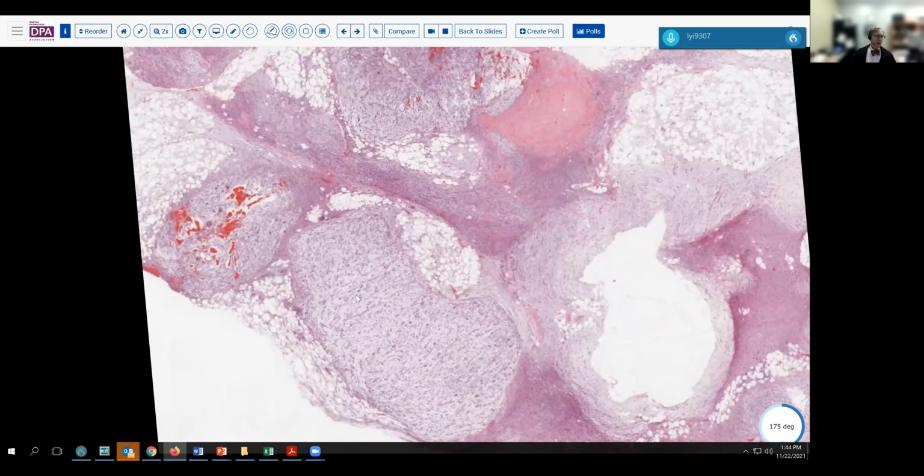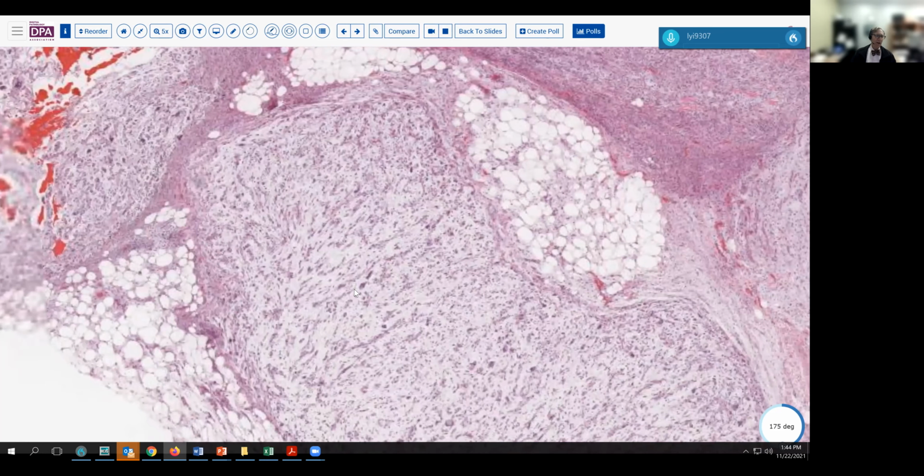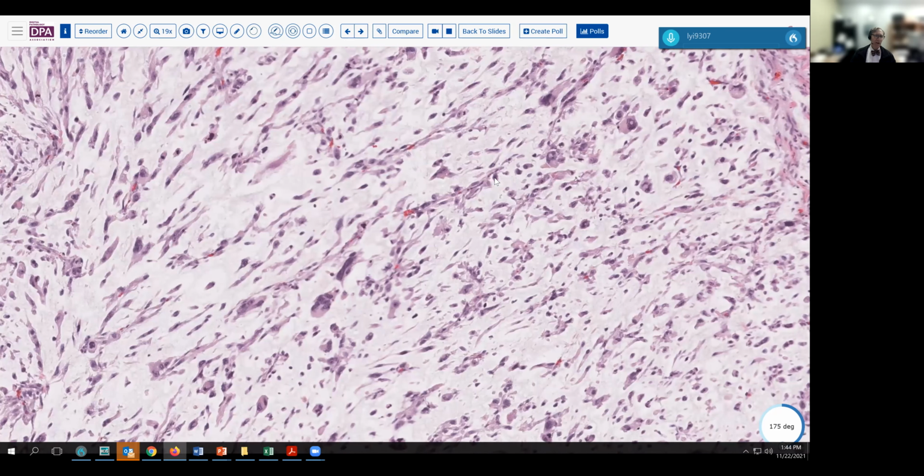So for many new people, or people who are beginning in soft tissue pathology, the two terms that can be somewhat confusing are low-grade fibromyxoid sarcoma and myxoid fibrosarcoma. A lot of similar suffixes there in the wording. So you can see from this tumor that it is very myxoid, but you can also see that this is